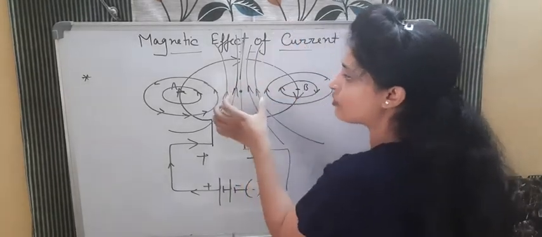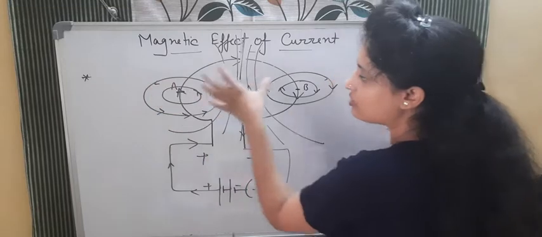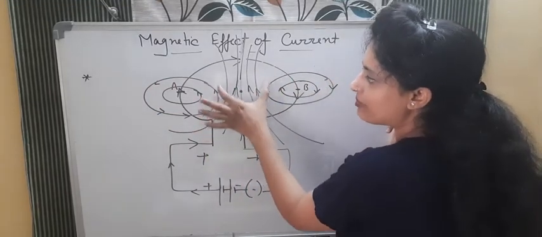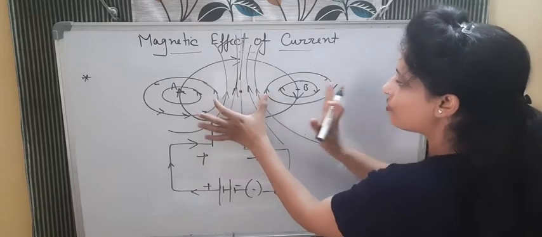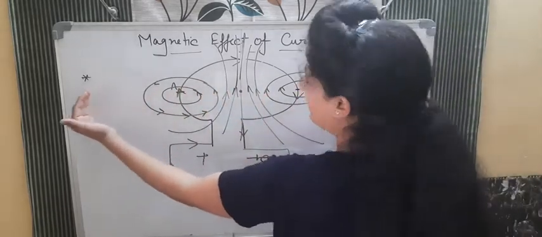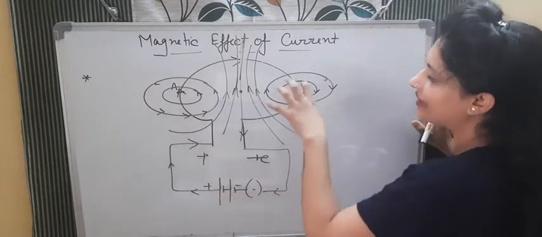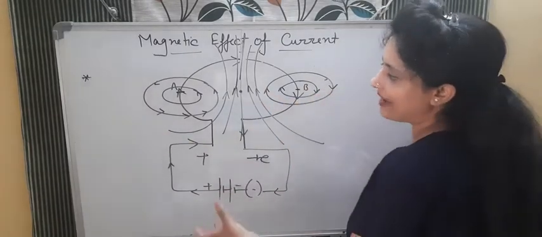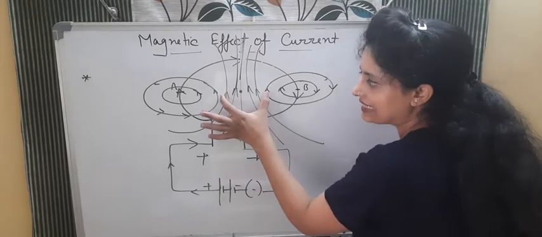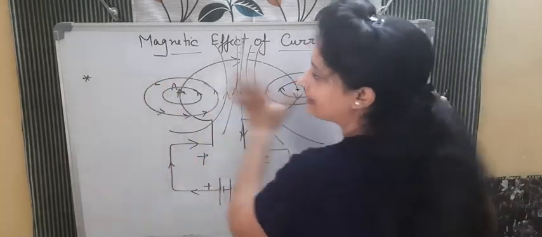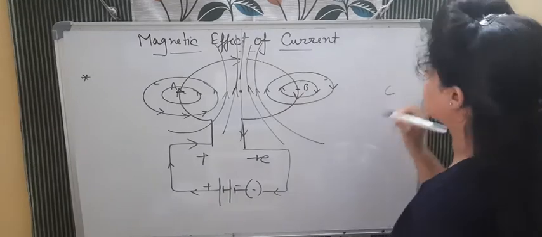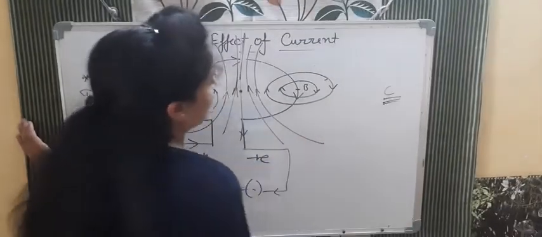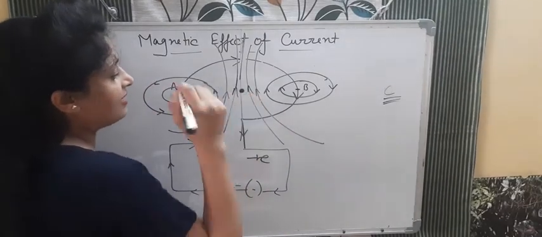In this case, at the center, because more number of magnetic field lines are here, due to this part also. This part will be more crowded, and when you are going away from these, the magnetic field lines will become fainter. They will start decreasing. Strength will start decreasing. So magnetic field strength will be more at the center in comparison to these particular points. If I say this point C, this point D, at point D and at point C it will be very less, and at the center it will be very high.